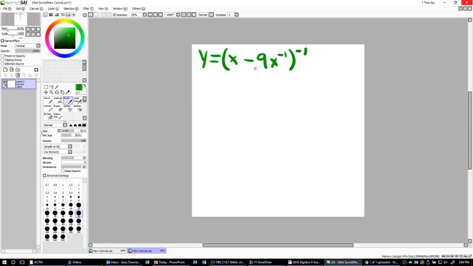So to move this forward, because it doesn't look like there's any denominator here, we can use a property of exponents that says if you have a negative exponent, let me think of all this as a fraction. If you have a negative exponent, you can change it to a positive exponent if you take the reciprocal of what is inside. Like that. Okay, and then another exponent rule says